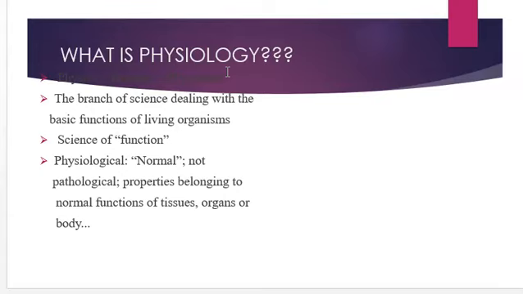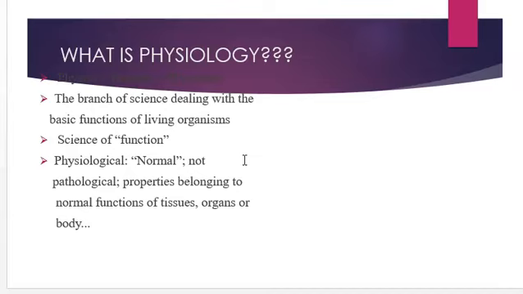We study the function. Function is the basic word that you need to remember: whatever is happening in the body, if we want to study the functioning, then we say that we are studying physiology. So physiology is like normal functioning of the living organism, and whichever living organism we study, here it is humans. So in human physiology, the functioning happening in the systems of the human organism is physiology.